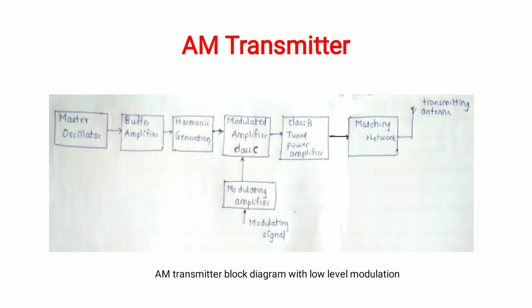So the solution for this is, instead of doing amplification after modulation, we can do amplification before modulation. But where can we apply the amplifier block? Of course, a class C amplifier is a narrowband amplifier, and a carrier signal is also narrowband. So we can use this class C amplifier at the carrier stage.